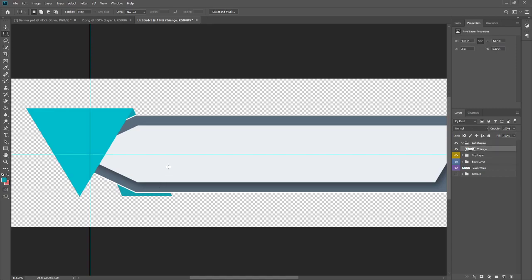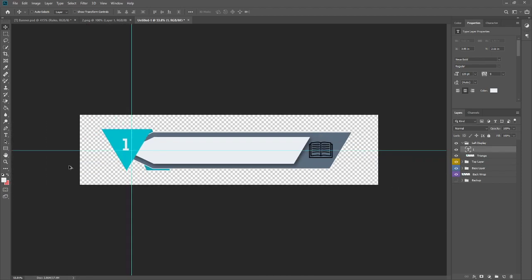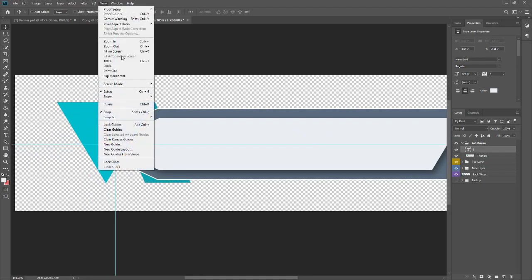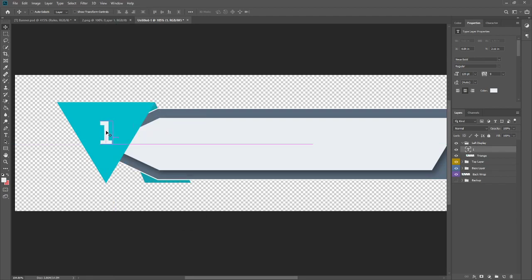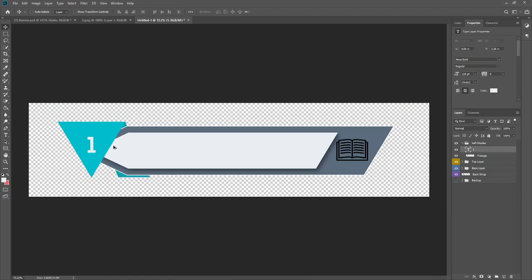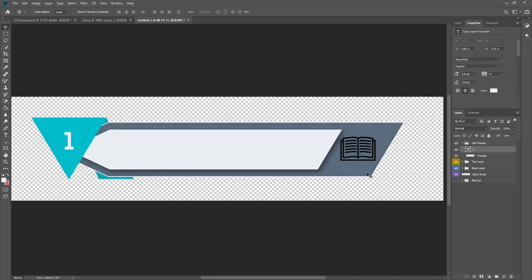We're going to do a white, the same white as right here, and we're going to use the font Nexa Bold. We're going to add a 1. Blow that up because that's way too tiny. That's way too big. And that's just right. I mean, not really. Let me get rid of these guides. I mean, it's not just right, but sorry. There we go. It's done, and then add the text real quick.